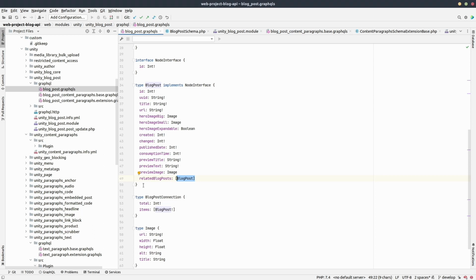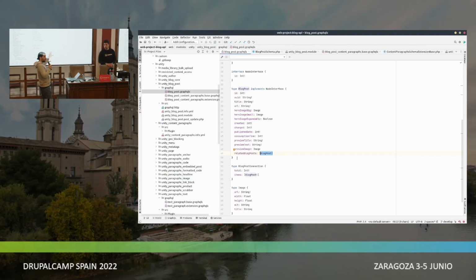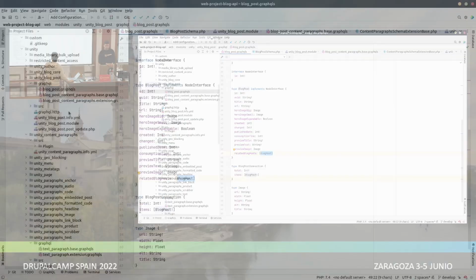We see what we want to expose. We define the type on GraphQL, and now next, okay, how do we get the information from Drupal? We get it when the user asks for those fields. We need to provide that information. How do we do that? To do that, we need to implement